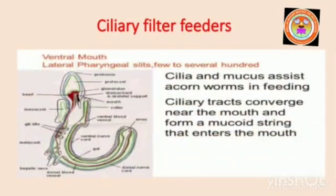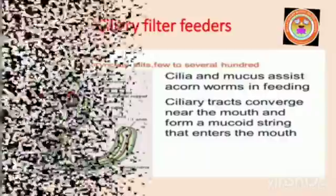Balanoglossus are ciliary filter feeders. Cilia and mucus assist acorn worms in feeding. Ciliary tracts converge near the mouth and form a mucoid string that enters the mouth. Next, we pass on to